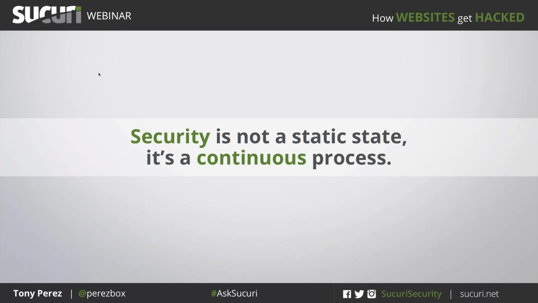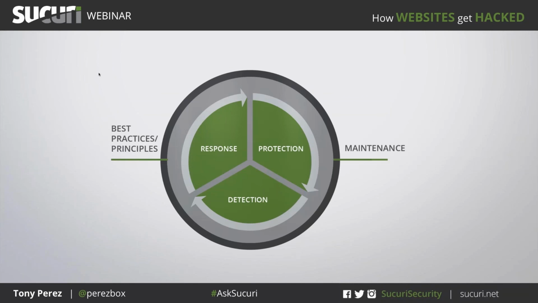And so I like to think about it in these 5 domains, right? You need to be thinking about how do I protect my environment, but I know that protection is never 100%. So how do I detect? How do I know what's happening and the potential of something happening? And if something does happen, how do I know that? And then, of course, what is my response plan? Like, am I going to address it? Is my host going to address it? A lot of website owners don't realize that hosts don't necessarily address your security issues. They'll either charge you more, they'll disable your site, they'll kick you out of their network, and then all of a sudden that adds to that emotional distress that I originally talked about. Like, what am I going to do? How am I going to do it?